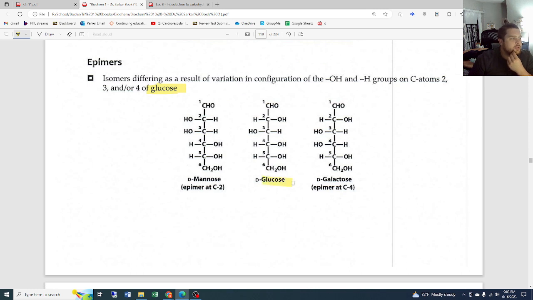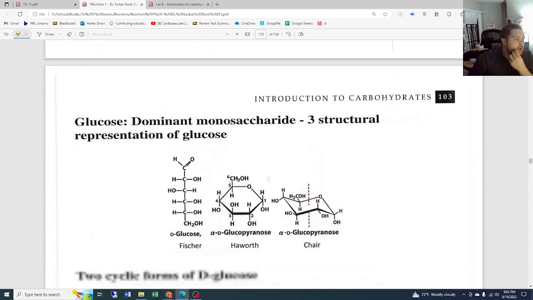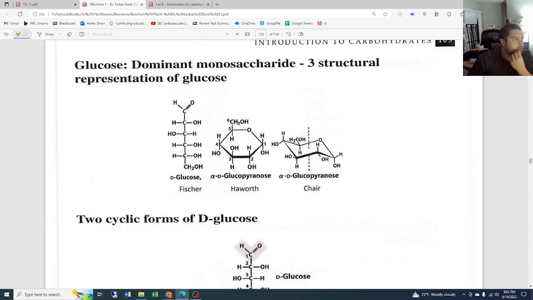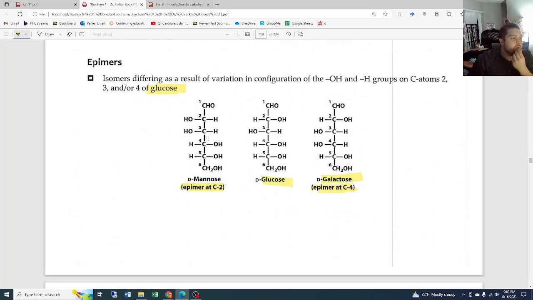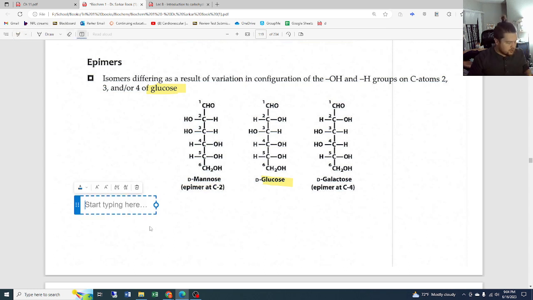We have our glucose. Mannose is an epimer at C2. Galactose is an epimer at C4. So glucose is the big one that we want to remember. And actually these ones, so we'll see mannose and galactose count as other monosaccharides as well. The monosaccharides that we'll want to pay attention to,